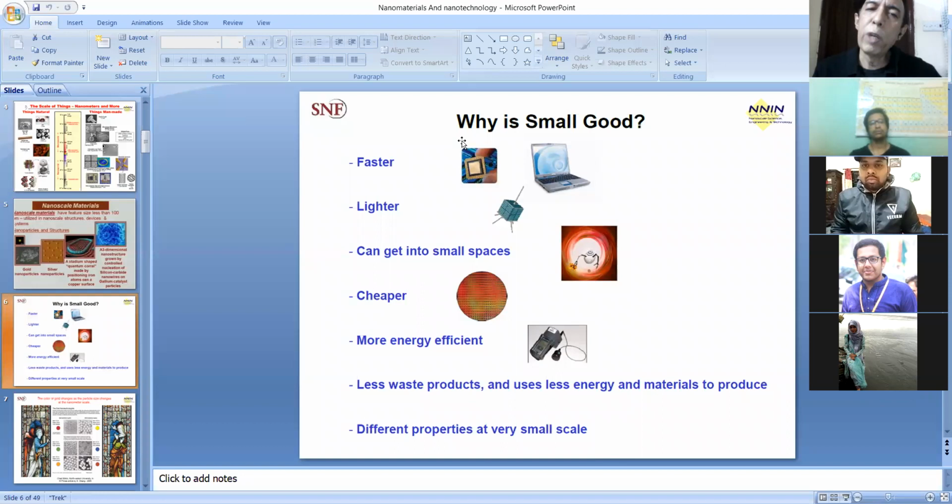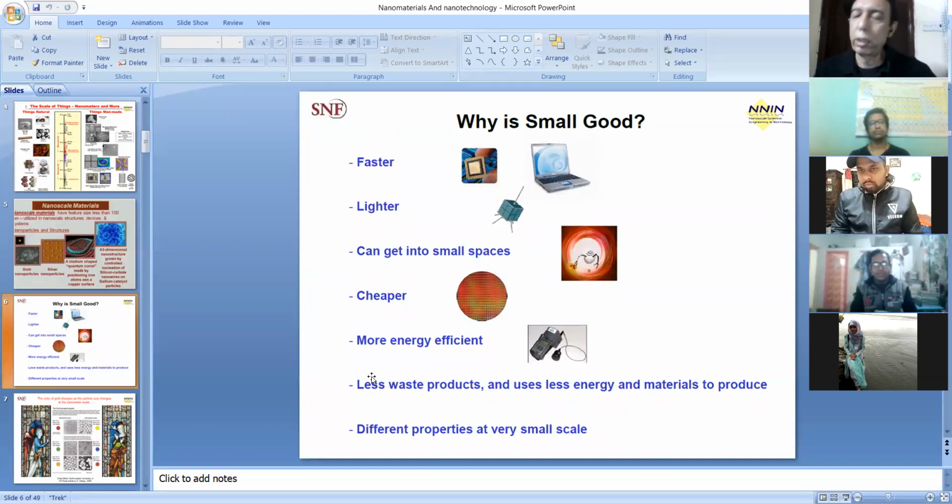So why small is good means why we use nanoparticles. These are the causes. You see, if your hard disk drive is small, you can use it in a laptop. But if your hard disk drive is thick like that, you have to use it in your desktop machine. So the hard disk drive can get into small spaces. It should be cheaper. Your desktop hard disk drive is